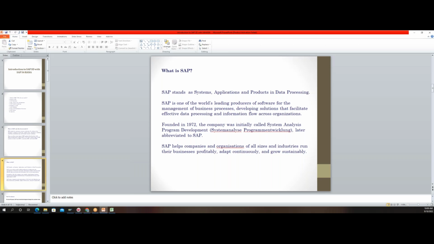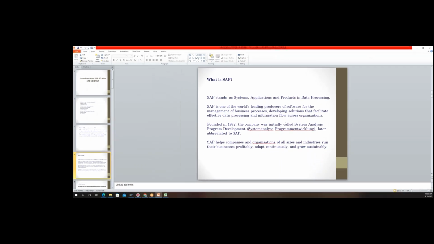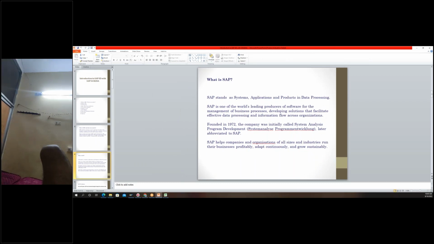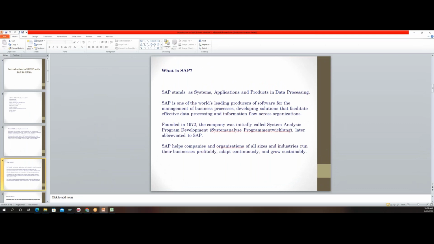So when I say where SAP stands in the software world, I would rank it as a three. But in ERP specifically, we take it as a one. Why do we take it as a one? There is a lot of customer base. There are a lot of customers who have accepted SAP as their ERP product and are still continuing to use the same product. So that is the reason why SAP stands number one.